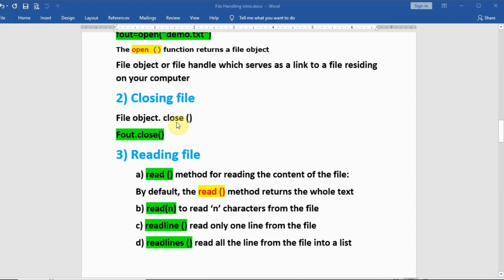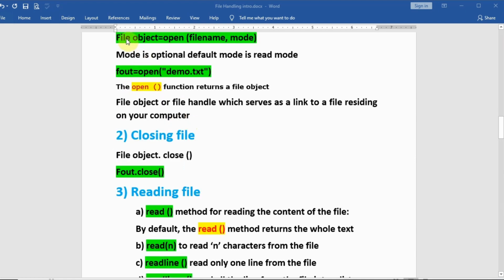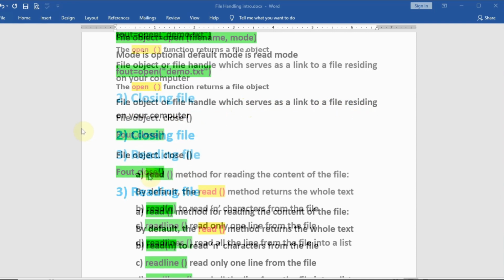Now the second operation is closing a file. For closing a file, we have a close function. We use the file object, here created as fout, and using this object we close the file. It simply terminates the connection between this object and our file on the computer.